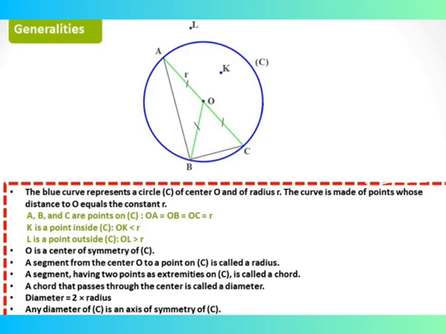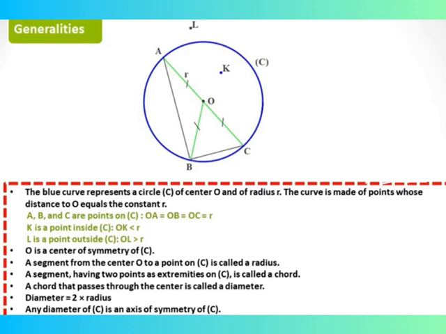And point K, as shown in the figure, is a point inside circle C. Then the distance OK is smaller than the radius R. And if we look at point L, this point is outside circle C, and the distance OL is greater than the radius R. We can call point O the center of symmetry of circle C,